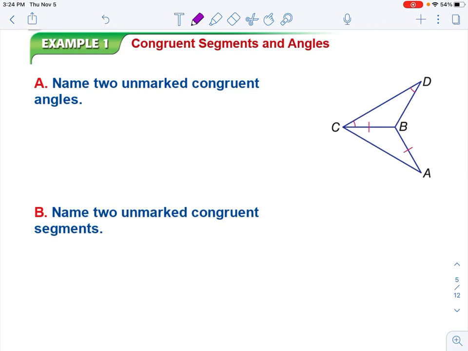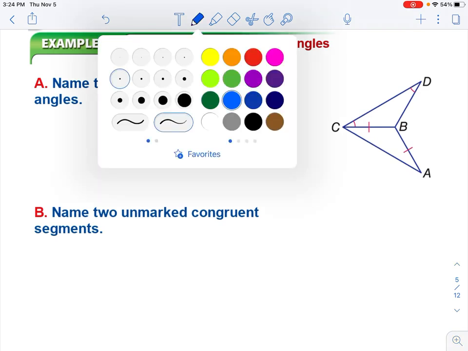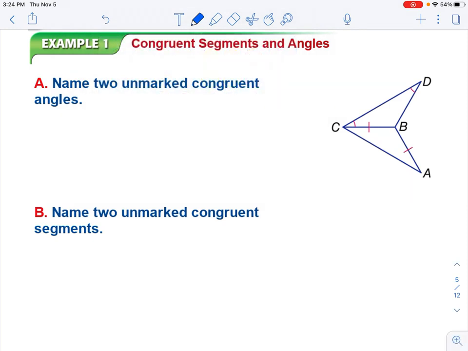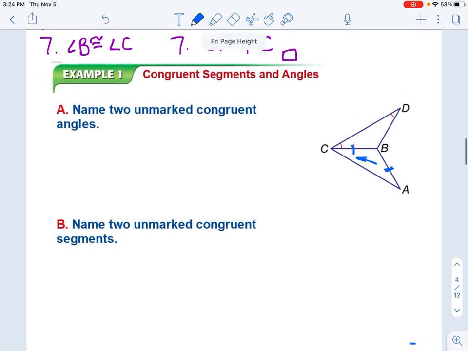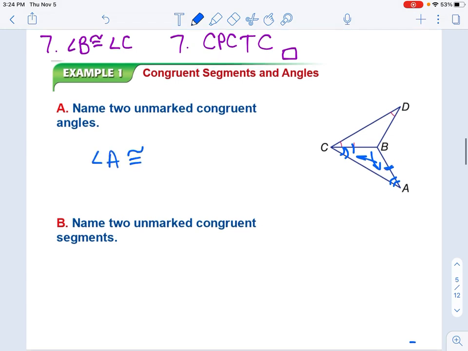we're not going to actually do algebra right this second, but instead we are going to use the isosceles triangle theorem to determine two unmarked congruent angles. So we want specifically unmarked congruent angles, which means I should probably look at my sides. I know my opposite angles must then be congruent based on those sides. So I can say that angle A is congruent to angle